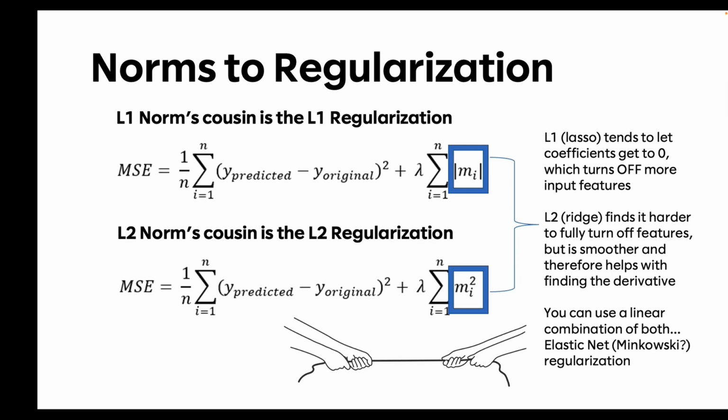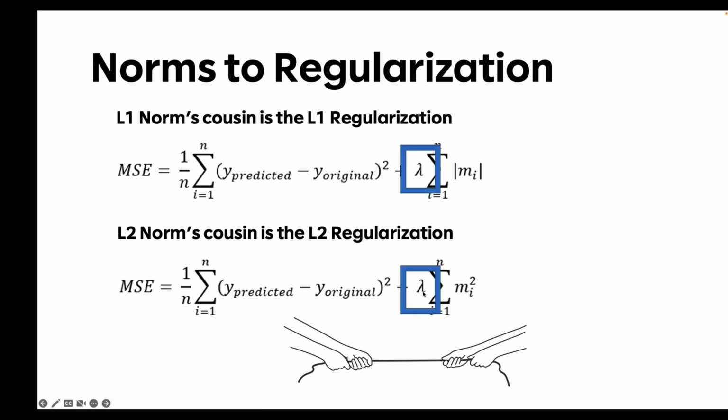And when we're talking about that linear combination, we have what's called an elastic net regularization, which is a combination of L1 and L2 regularization. I just threw in Minkowski because that's the name of the distance, but it's not called that. I'm just trying to tie together a bunch of concepts here. And